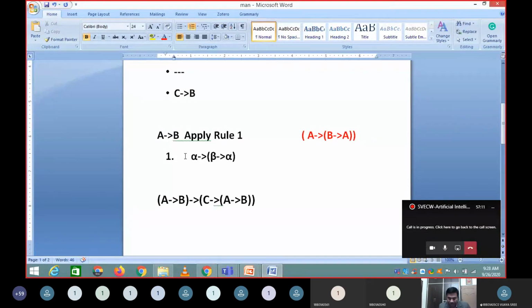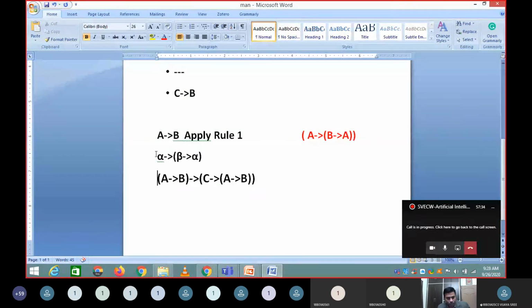When alpha, beta are facts, then alpha to beta to alpha is a fact. So what I said is I have taken alpha as A to B, and beta can be anything. It can be C, or D, or M, or whatever it may be. But in the context of A, B, C, I have taken this C. So based on this rule, is this statement right?